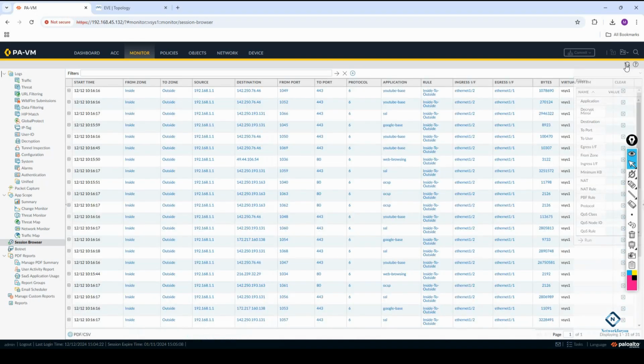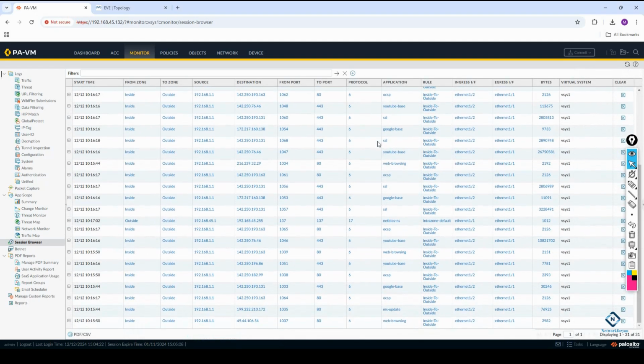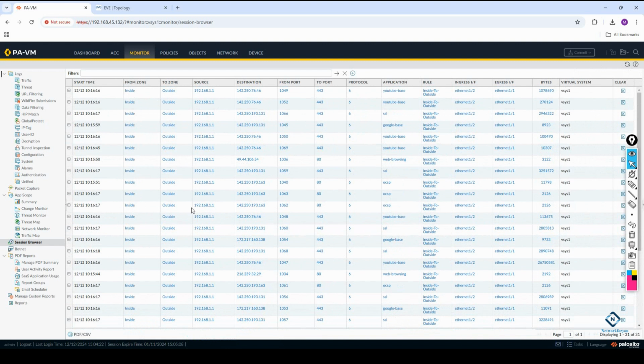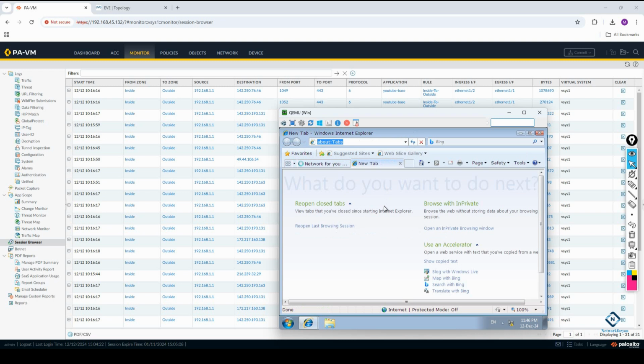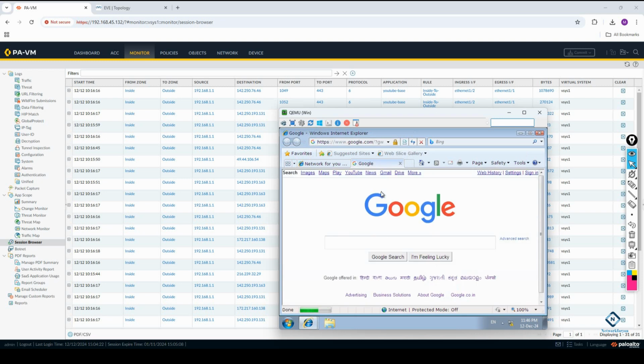You can refresh here, logs. So all the logs, whatever traffic is going, you can see from here. Also, if you want to open a new tab, open the new tab, and here you can write www.google.com